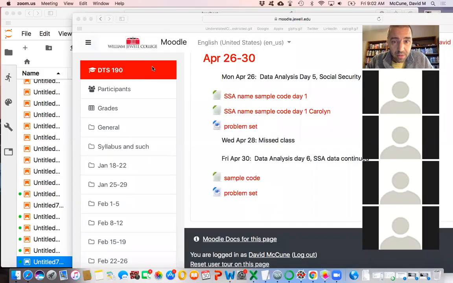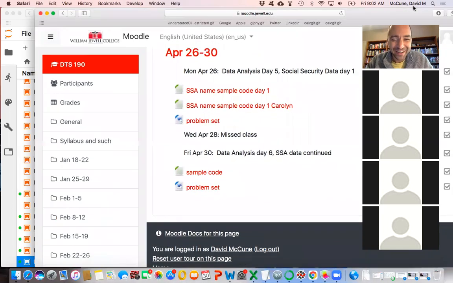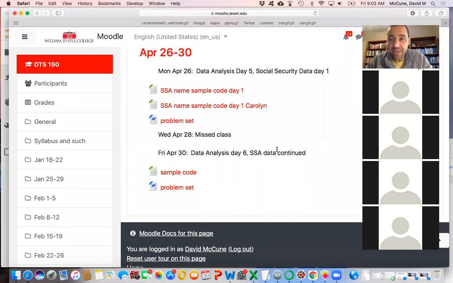Whoop. So thanks, Mallory. So sad. There's not much time left, actually. So we only have 1 week left after this week. So today we're going to play around with the Social Security names a little bit more, and then on Monday, I want to do a final little bit of playing around with that data, and then Wednesday and Friday of next week we'll review for the final.